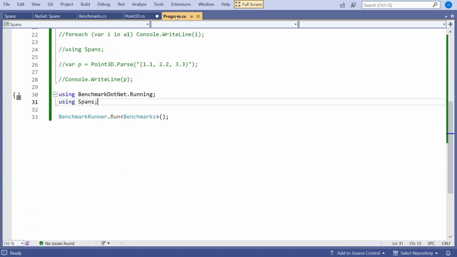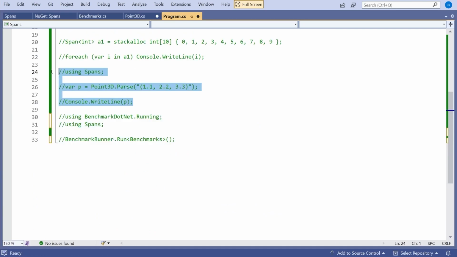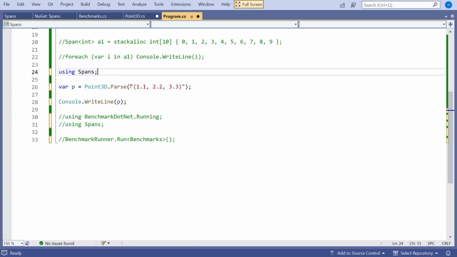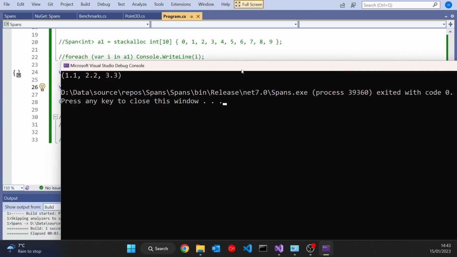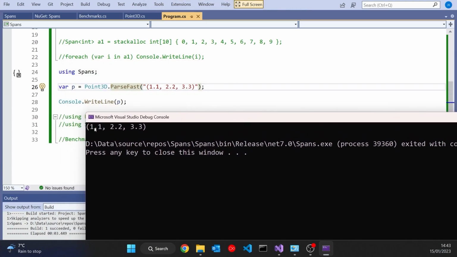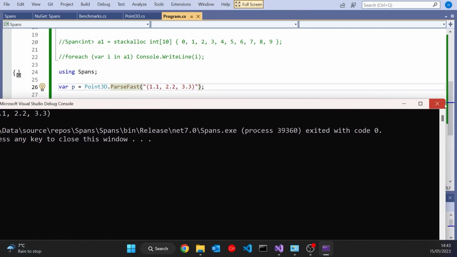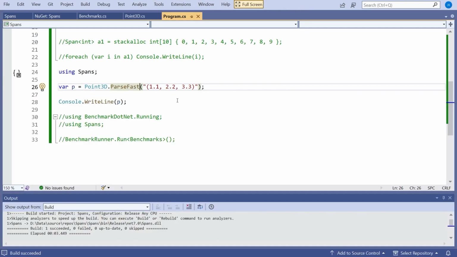Let's just go and check that first to make sure there's no bugs in there. So let's comment that bit out, but then open up this bit. But remember, we are now going for our ParseFast, and we'll just run that. And we can see that's worked okay. So once again, we're getting out what we put in, so that ParseFast has worked. So no bugs. We should obviously do unit testing and that sort of thing to be really thorough about that.